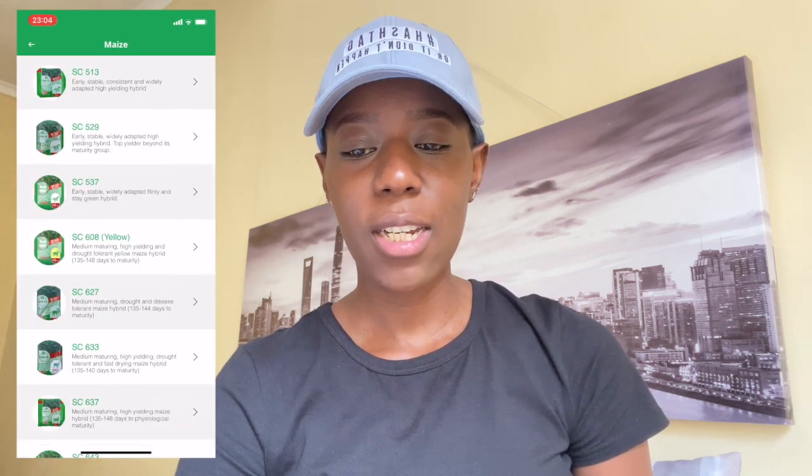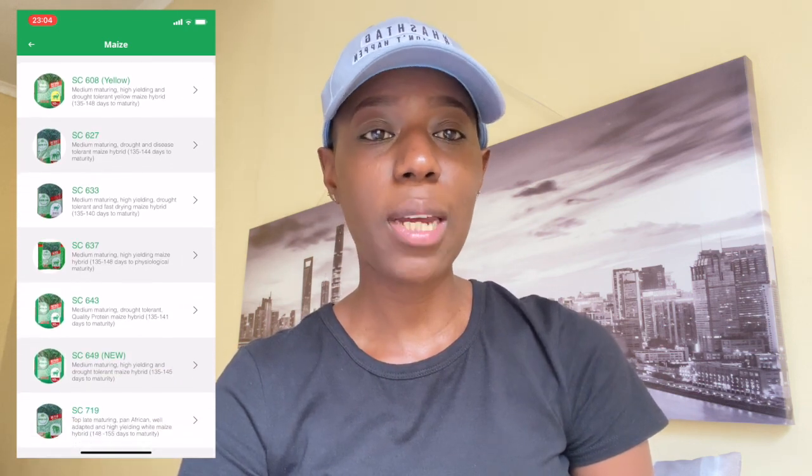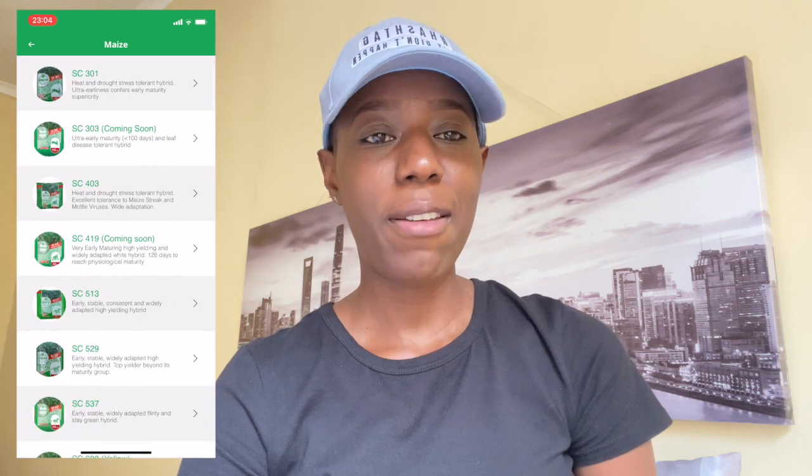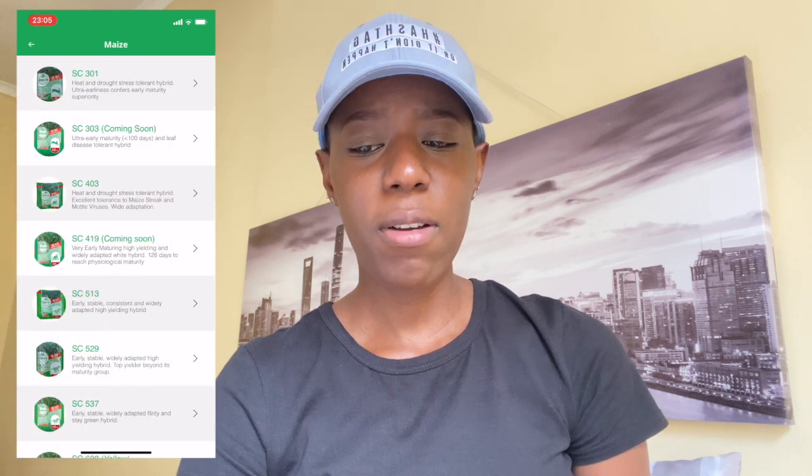So while I was on the App Store, I came across this very interesting app called Sitco. I found this one to be very interesting, and it's very solid. Basically it looks like an app that tells you about the different kinds of seeds you can buy and what their benefits are. It has a bunch of information that you can use, especially for farmers, I presume, or people that are into farming.